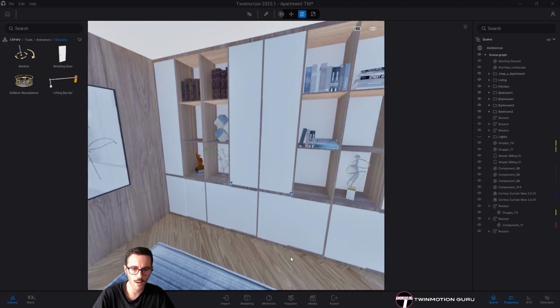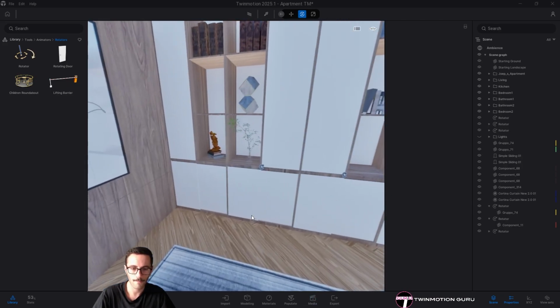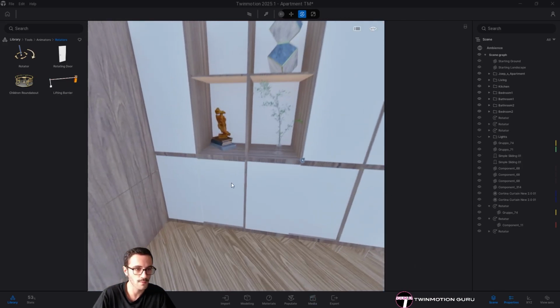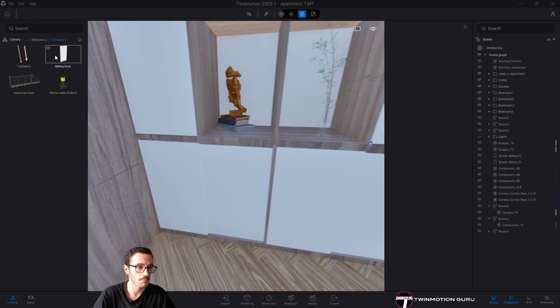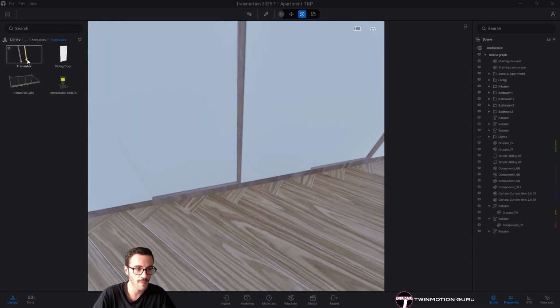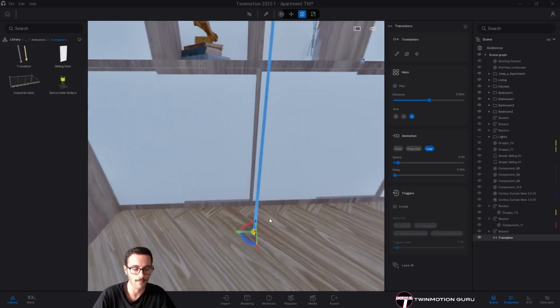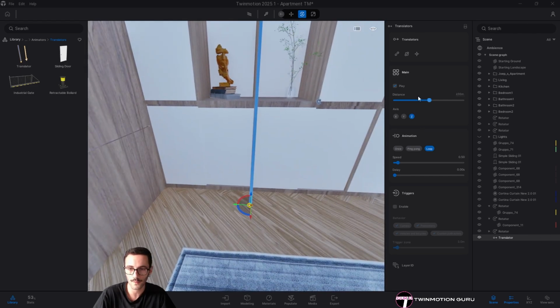But let's move on with maybe a translator, because the translator is kind of the same thing as applied with the rotators, but maybe from here I'm doing something like minus 0.4. Yeah, 0.2.